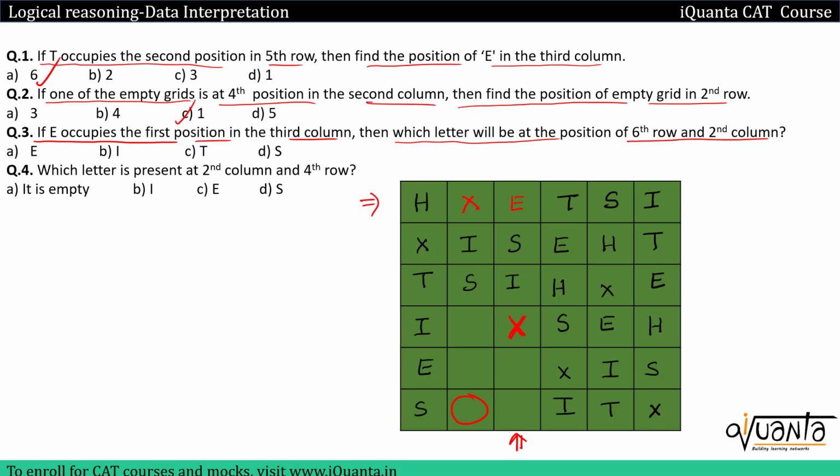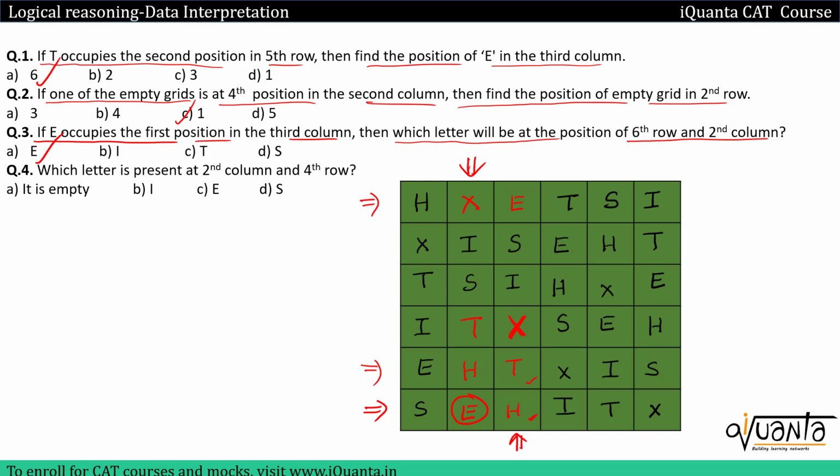Now again in this third column I have two remaining spaces over here. I have to put H and T. T cannot come at the last position, so T will come here, H will come here. In this row I need to put H, so H will come over here. And if I look into this particular row, I have only one place, that will be for E, so E will come over here. Option A will be the correct answer. But you should always fill the whole grid so that none of the conditions is violated. So in this second column I have only one place remaining, that is for T. I will put T over here. So yes, the arrangement is correct.